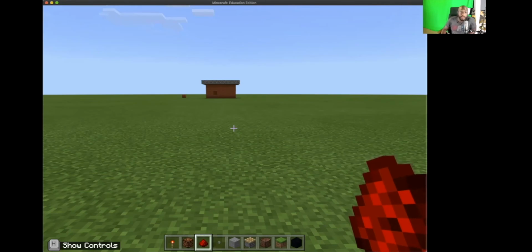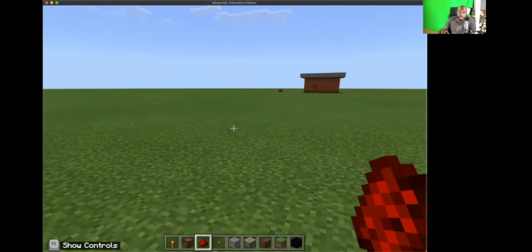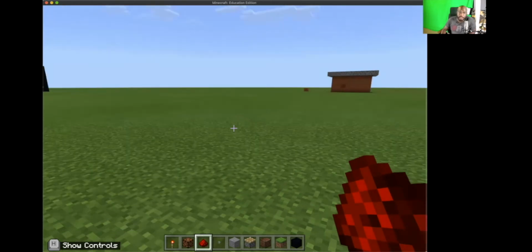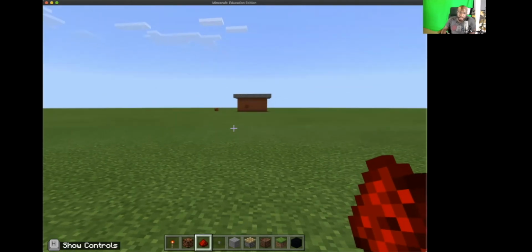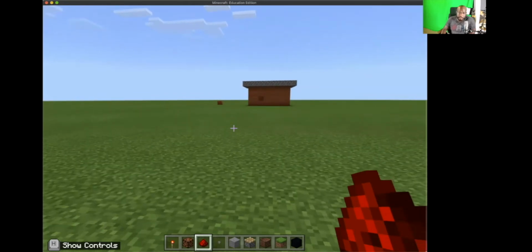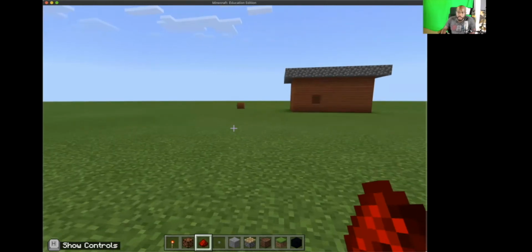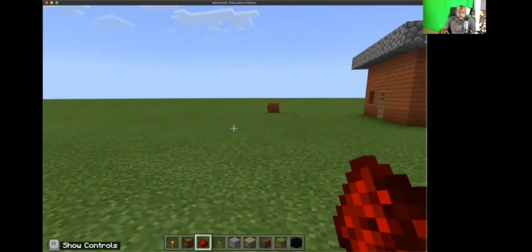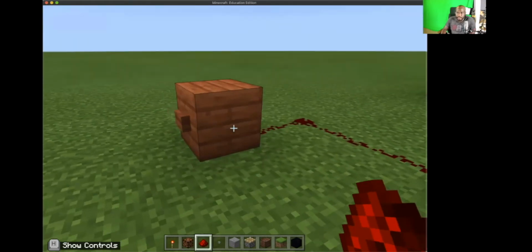Let's try another example. We can also use a button as a power source, not just a torch. And there are also things that we can power besides just the lamps. I'm going to come over here. And in Minecraft, a button just gives us a short burst of energy, while the redstone torches give us a constant energy. But what I have here is a button